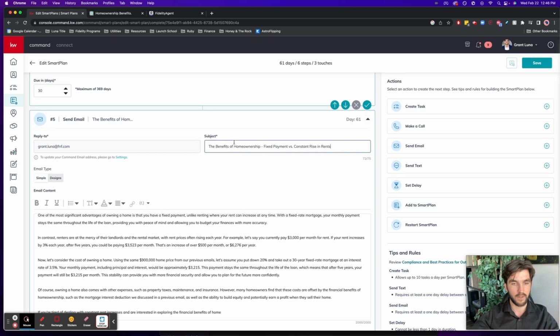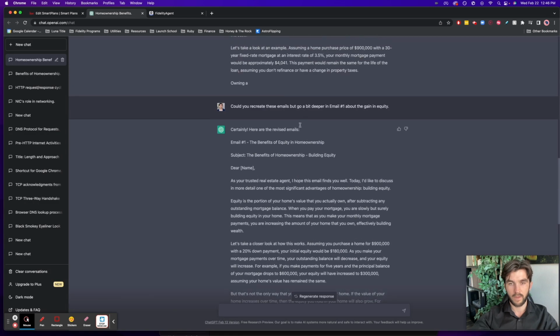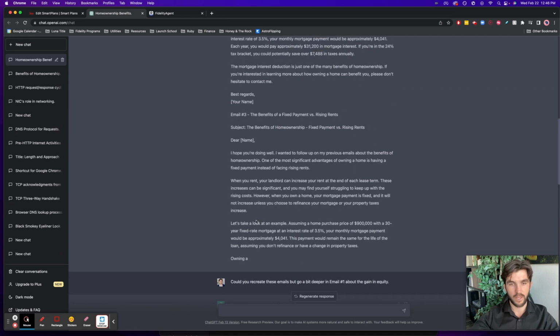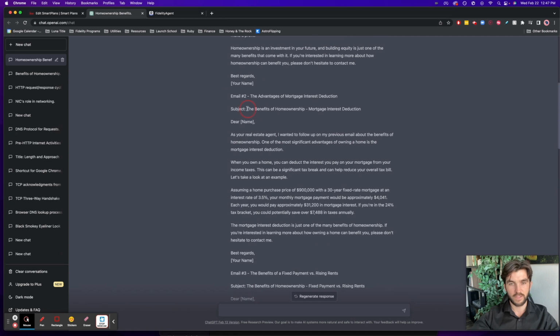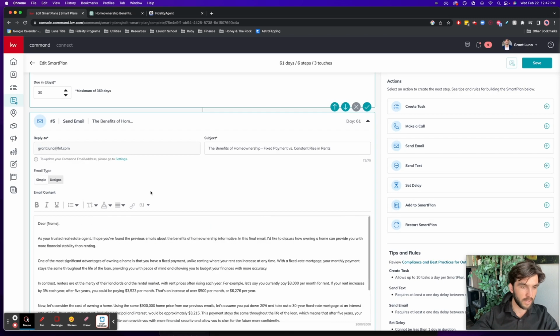Throw that in here. We also need it for the other email. So we'll come back to here and we'll say the benefits of homeownership, building equity. Oh, sorry, that's for the first one. So benefits of homeownership, mortgage interest deduction. Place it in here. So now you have 3 emails that are going to be going out to any renter